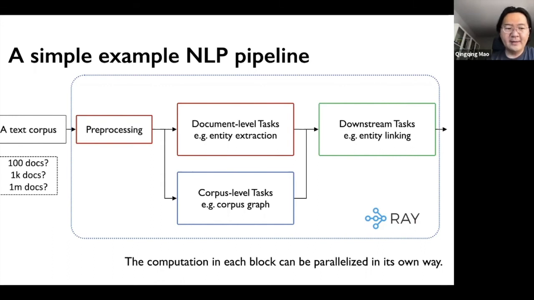pipeline. And then you can do these experiments on a much wider range of documents, right? You're not limited to testing 100 documents or 1,000 documents just on your local machine. You can easily go to a larger node, and you can test 1 million documents. And you can just adjust your resources and get a result faster.